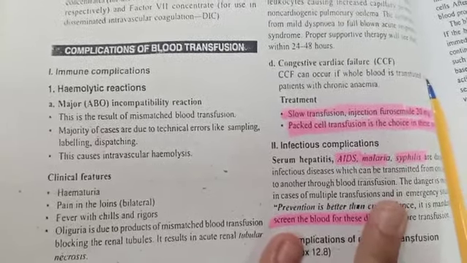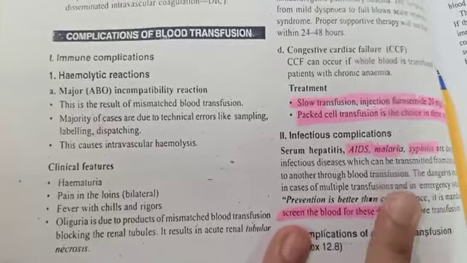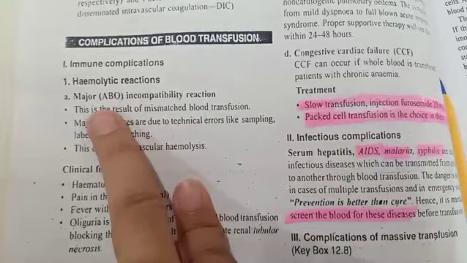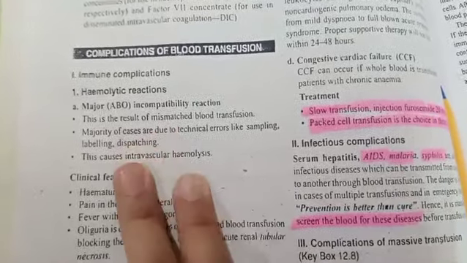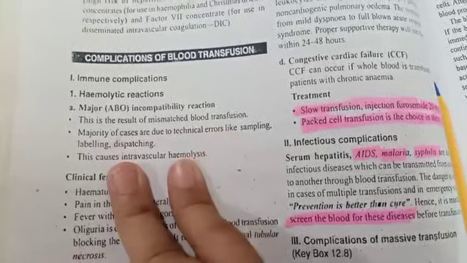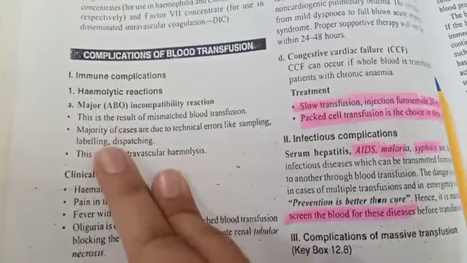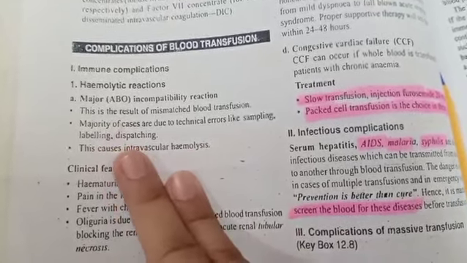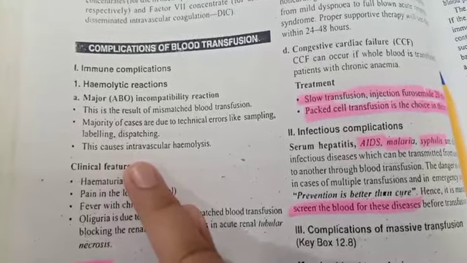So number one is immune complications, which is hemolytic reactions. When the major ABO incompatibility reaction occurs, it occurs due to either a mismatch of the blood transfusion, or errors like sampling, labeling or dispatching in the major cases. This causes intravascular